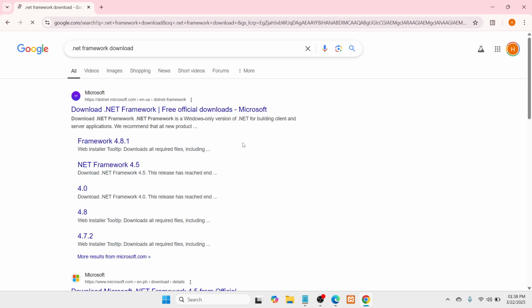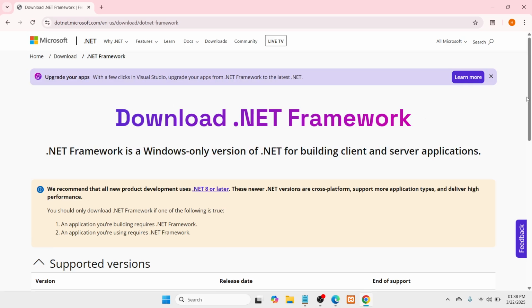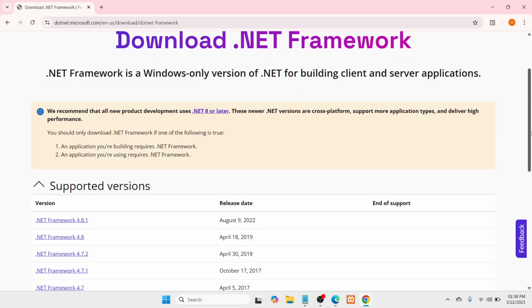You'd be able to see a list of results, and I would recommend you go with the Microsoft.com result. Click on this link. The moment you click on it, you would be redirected to the download page of this .NET framework, where you need to scroll down